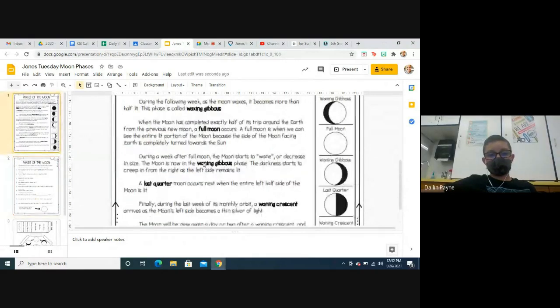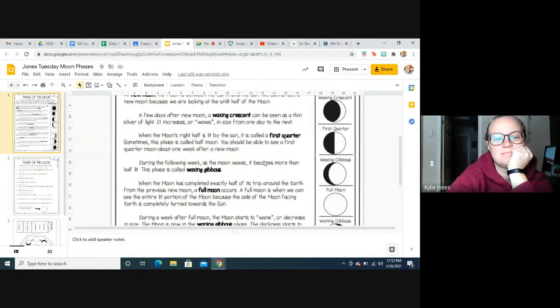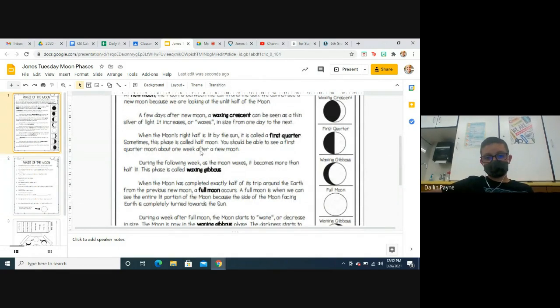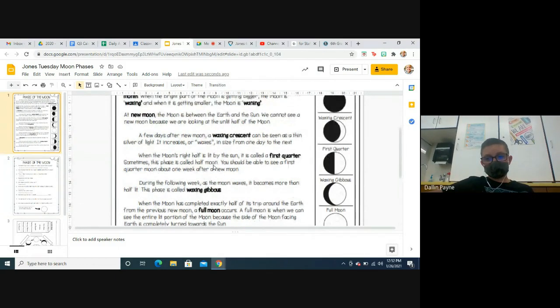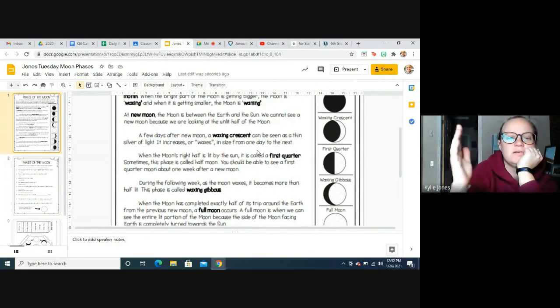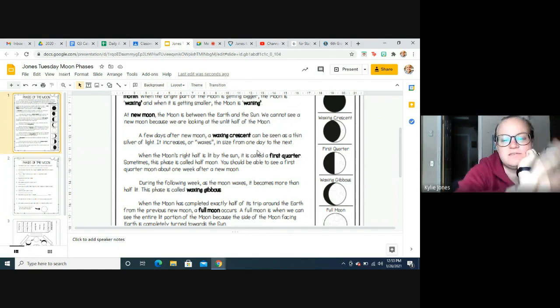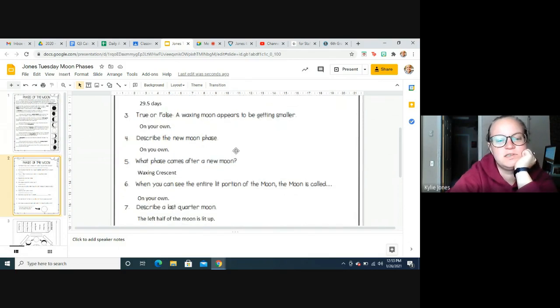All the waxing or waning types of moons look the same. They're just on opposite sides. Then how come they have two different names, like waxing gibbous, waning gibbous? Because the waxing ones mean that the moon is getting bigger, so the amount of light that you're going to see is getting bigger. And with the waning gibbous, it's going the opposite direction. As it moves on, you're going to see less of it. It's going away. So it just describes different ways that you're seeing the moon.